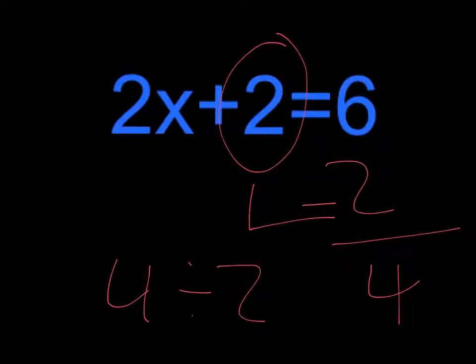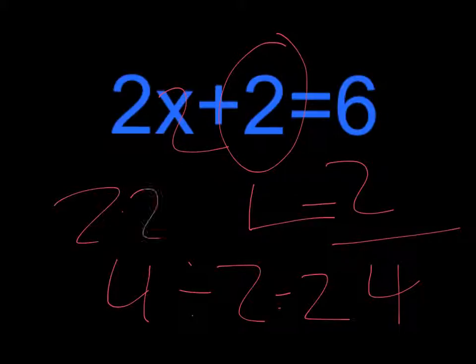You always want to do that with a two-step equation. Always divide or multiply with the number that is connected with x. Always do that. So we will get 2. And then that is pretty much our answer. So if we were to replace it right there, we would do 2 times 2 equals 4